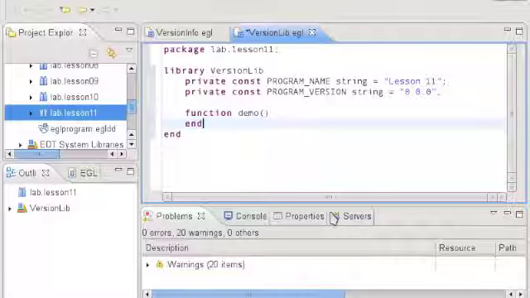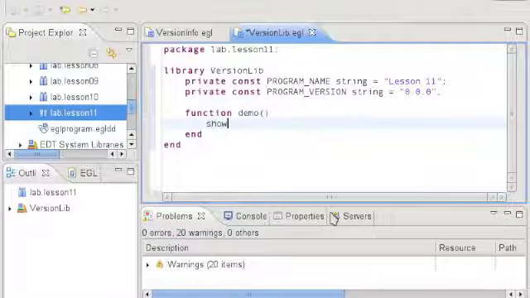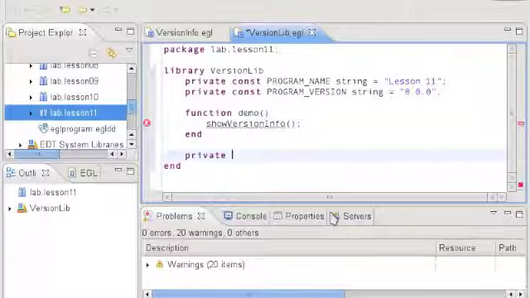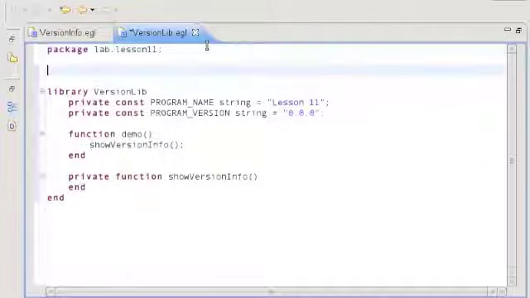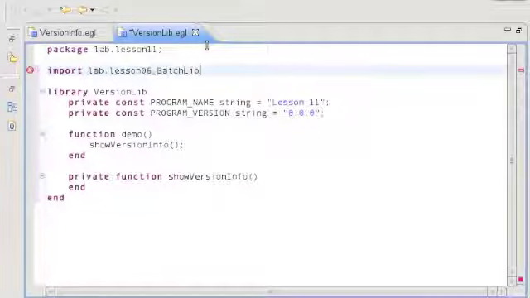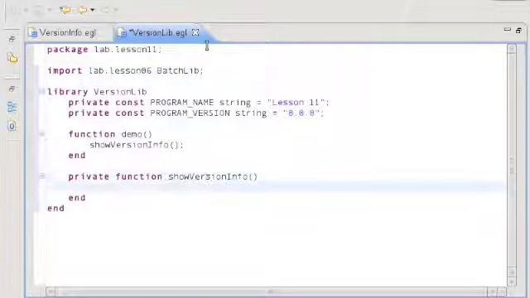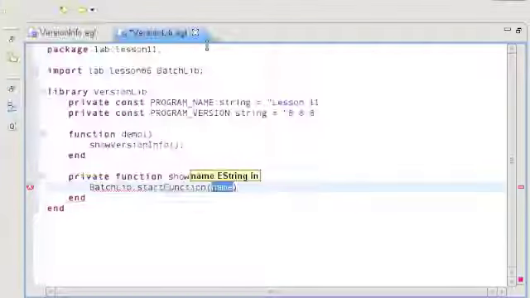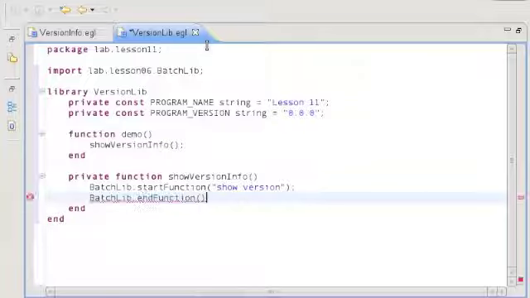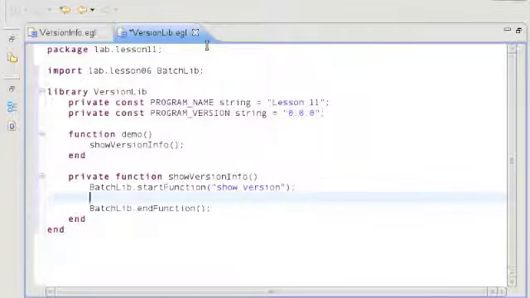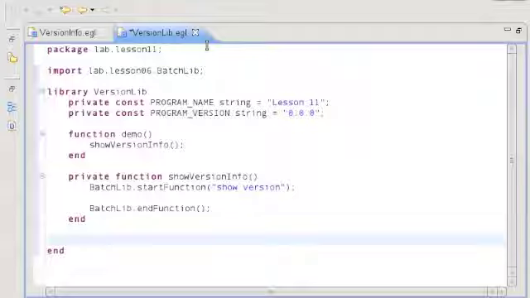And as usual, we'll create a function called demo in our library. And this function is going to call a function called show version info. So it'll be a private function, and we'll do the decoration using the batch lib from lesson 6. Okay, now we need to create a function called